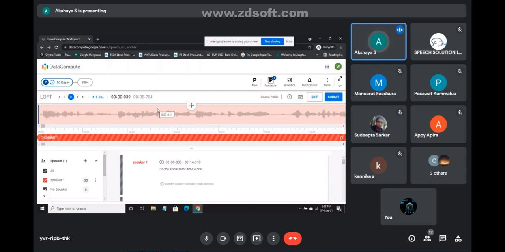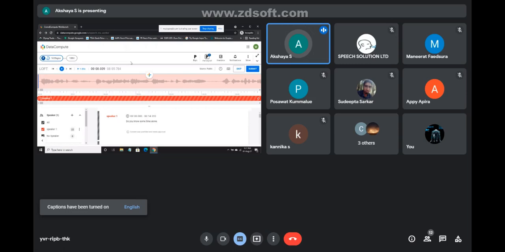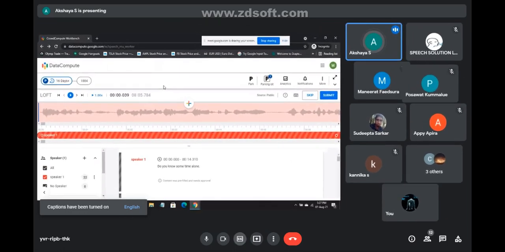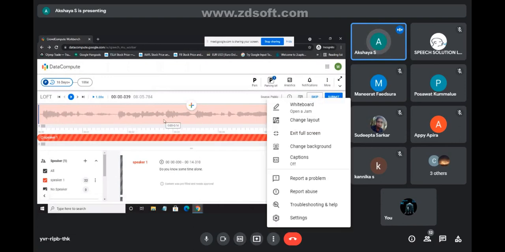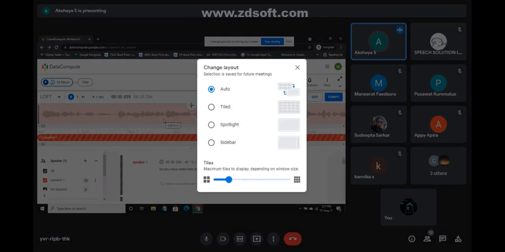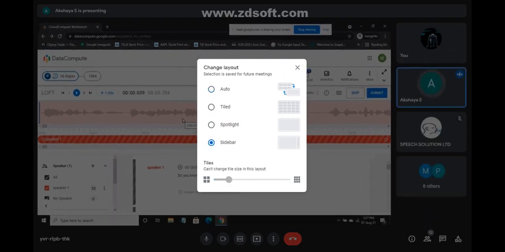We have set the target. That's why we usually give 3 to 4 days to complete one task, based on the time. You will get 10 minutes of task, or a maximum of 30 minutes of task. For a 30-minute task, 3 to 4 days is enough, because you'll take 1 day for segmentation and 2 days for transcription. If you're good enough, you just need 1 or 2 days to complete a 30-minute task.